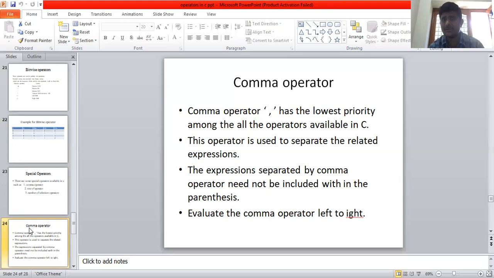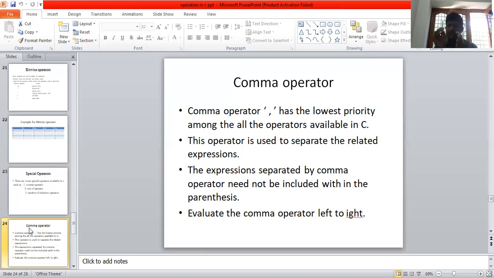For example, C equal to A plus B, with A equal to 10, comma, B equal to 5, comma, C equal to A plus B. Here the comma is separating the variables. The comma operator is evaluated from left to right. It evaluates the first one on the left first.